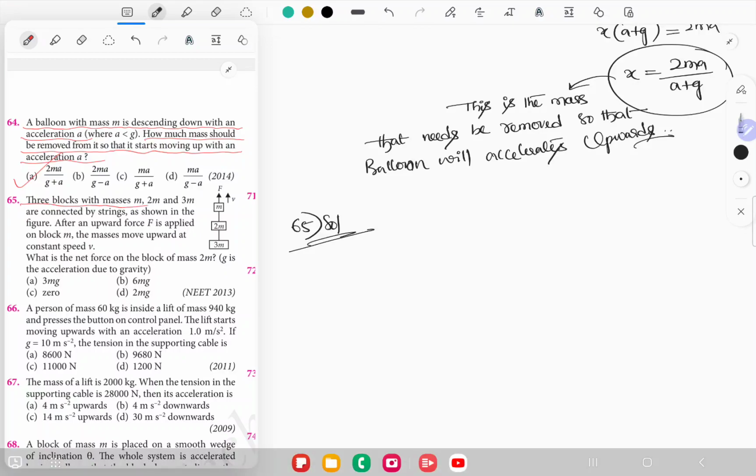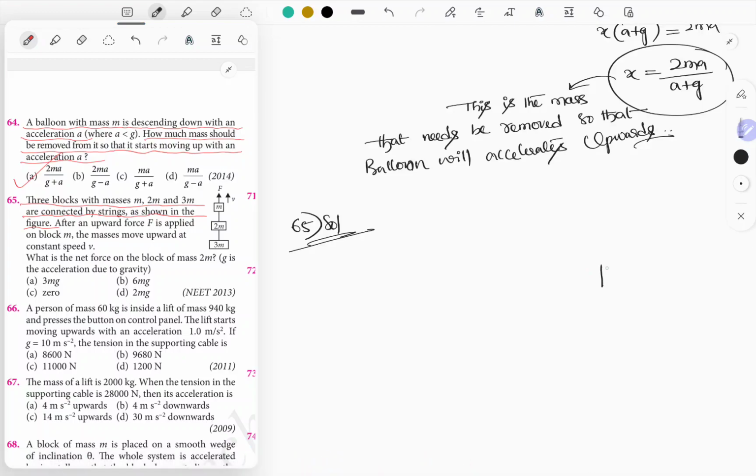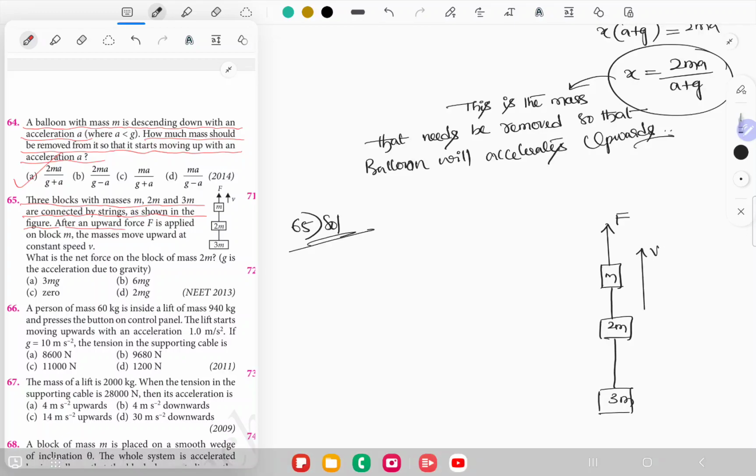3 blocks with masses m, 2m and 3m are connected by strings as shown in the figure. Okay, let me represent those blocks. So mass m, another block of mass 2m, one more block of mass 3m. So these are moving upward with force F and velocity is v. After an upward force F is applied on block M, the masses